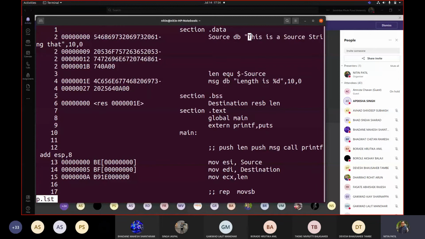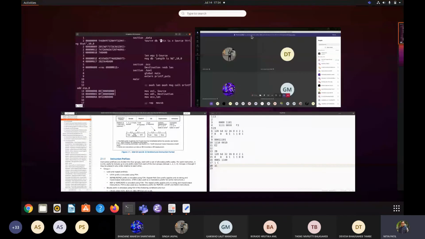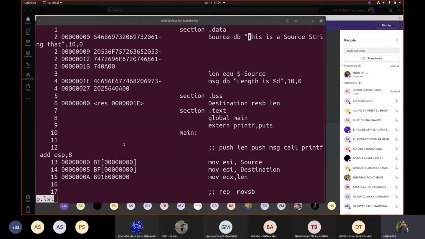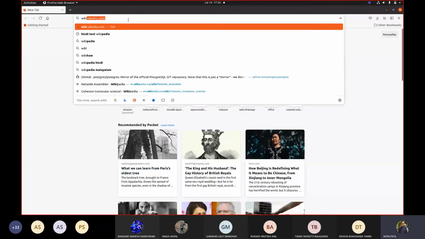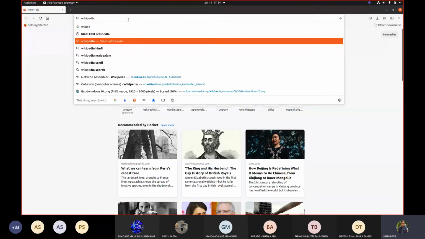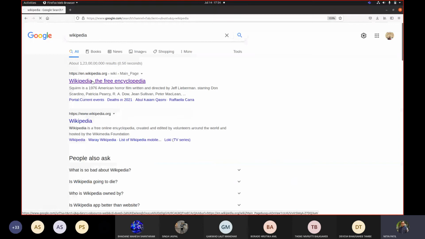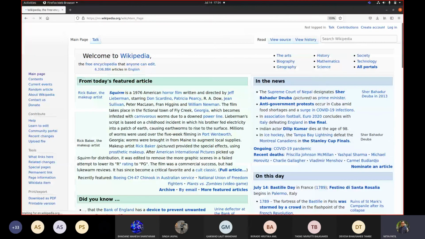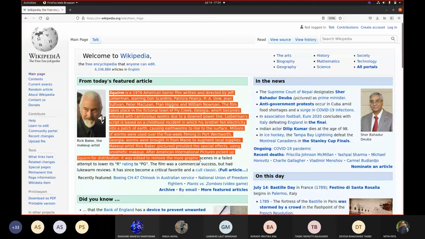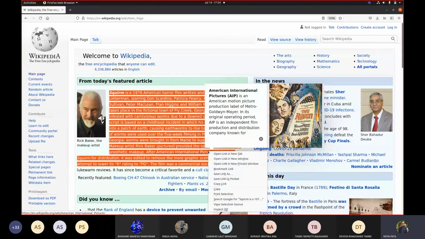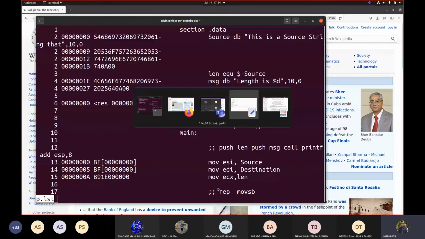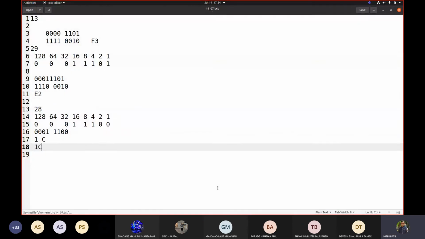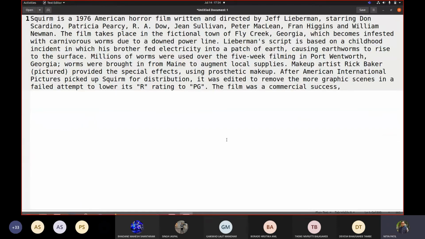A plain text file, which contains some text like this. For example, let me go here and pick from Wikipedia. Suppose I take this text, whatever is written here. Let me copy this text and go to gedit, Control N. Now suppose my file contains this text.